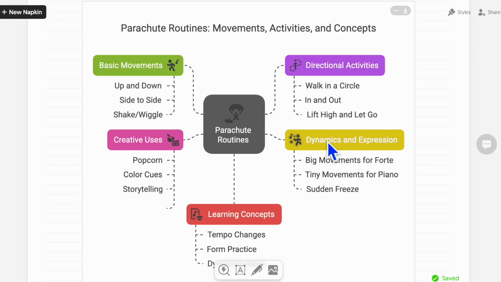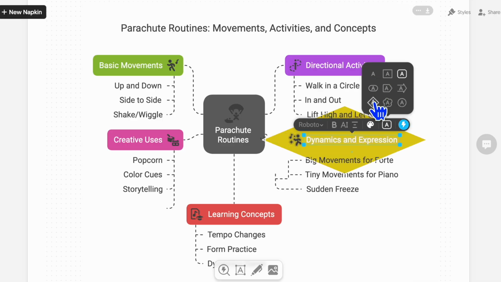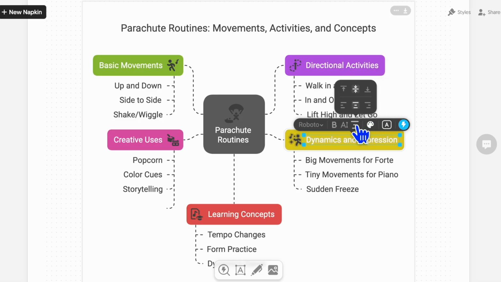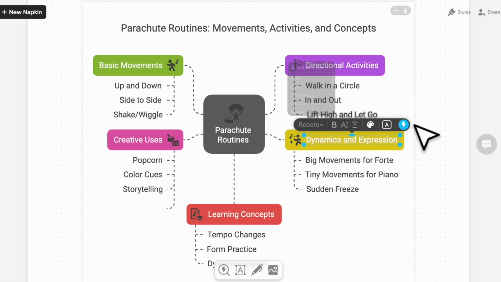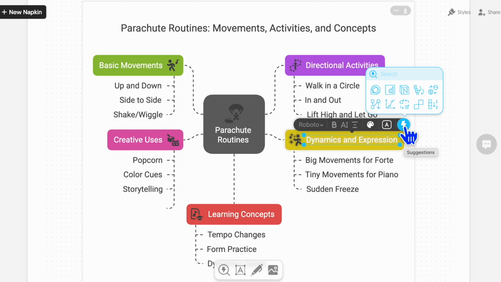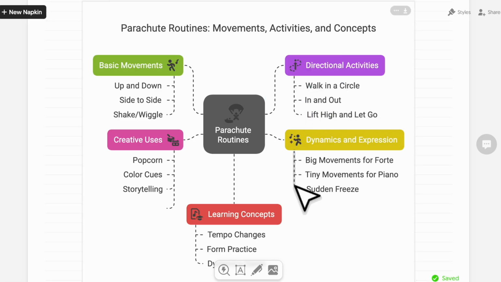So now we can look in editing right in Napkin. You can edit text, you can edit icons, and you can edit colors. So here I am and I can have a style of border, and you see all the different varieties. I can have text, bold, fonts, a lot of different fonts. And then on the little icon that they use for each one, they give me other choices. Plus, they give me a little search bar where I can go up there and ask it to give me something a little bit different. It's amazing. Then I can even look at some of the graphics, like this little dashed line, and I can copy it if I want to